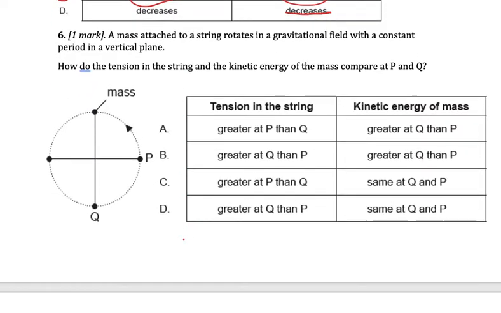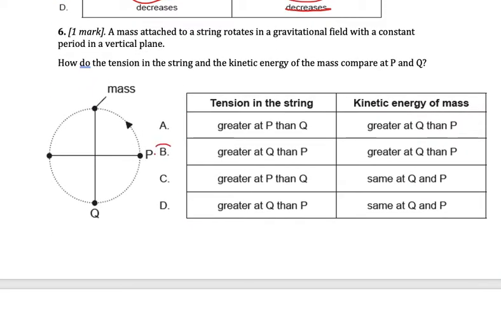Number 6 is B, because you have a mass attached to a string rotating in a gravitational field. How do the tension in the string and the kinetic energy compare at P and Q? Now, the tension should be greater at Q. We know this from circular motion because tension must be larger than the mg to provide centripetal force, whereas it can even be 0 at the top point. So,